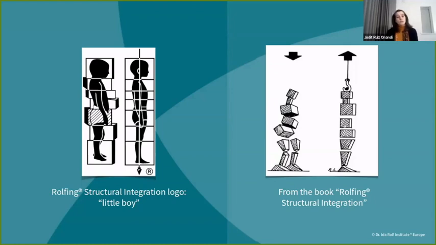And we sometimes use this second image that you can see on the right side, where we have a set of blocks that are rather disorganized, which is opposed to if we organize those blocks in relation to gravity, where at least to me, it gives me a sense of lightness.